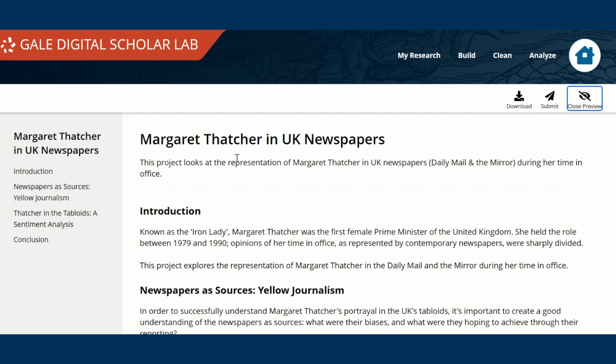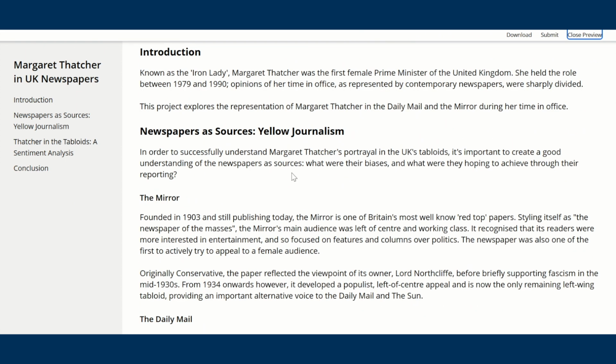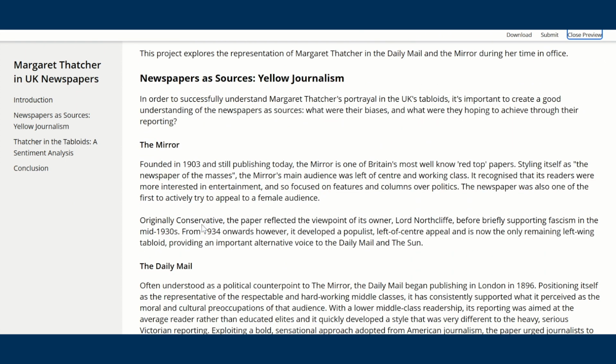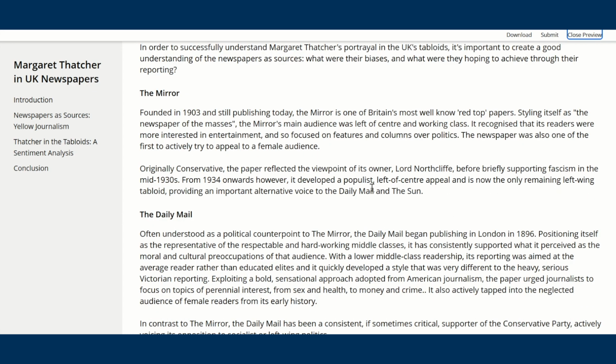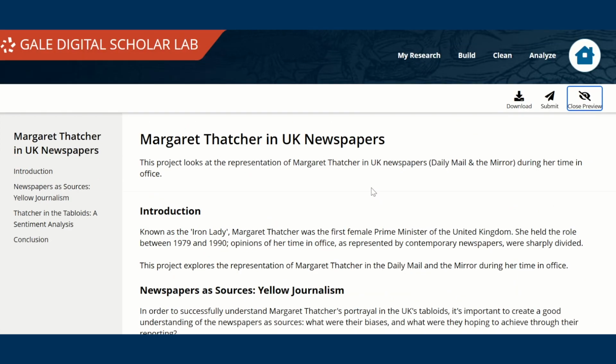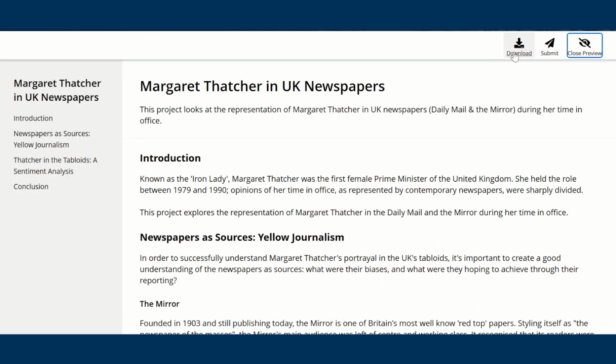that's going to give you a look at what the project's going to look like without all of that outline. So it's a lot cleaner and you can really start to see the structure. And this is a really great point to get either yourself, or a friend, or your students to make sure they really proofread what they're submitting. At this point, you can either download your project for use elsewhere, maybe submitting as a separate assignment or sharing it in another way, or you can submit to Gale Research Showcase, which is definitely what we'd encourage you to